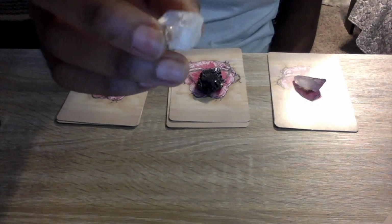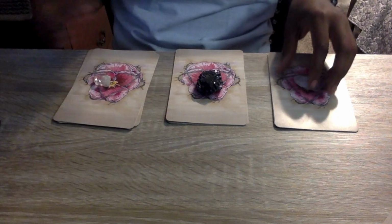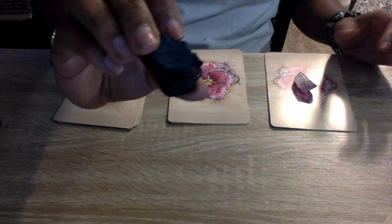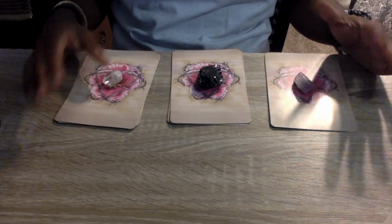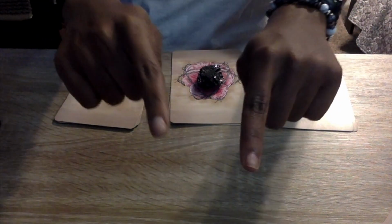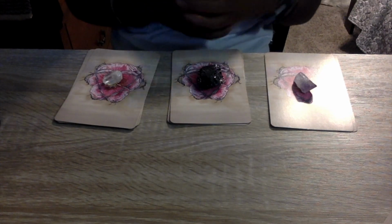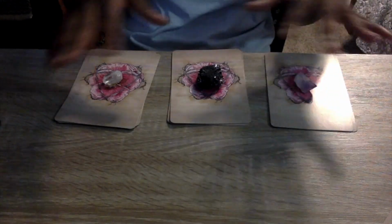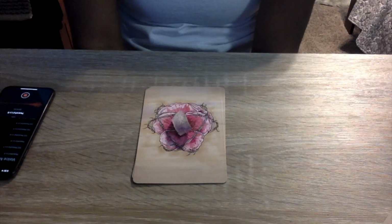All right, so these are some pretty powerful crystals right here. That's amethyst for pile 1, black tourmaline for pile 2, and clear quartz for pile 3. I'm going to, of course, put the timestamps down below for y'all to go and see where exactly your pile is going to be at. Take a moment, pause the video, whatever you need to do to pick your pile, feel it out a little bit, and let's get into it. All right, so